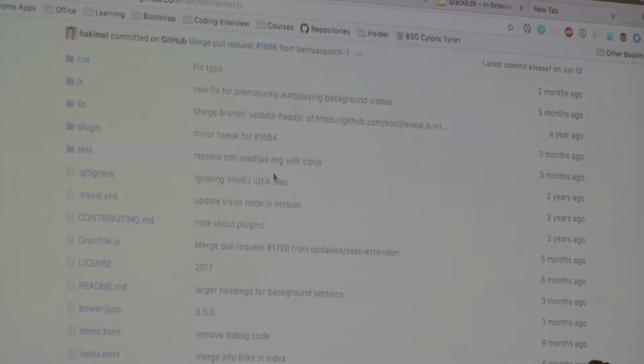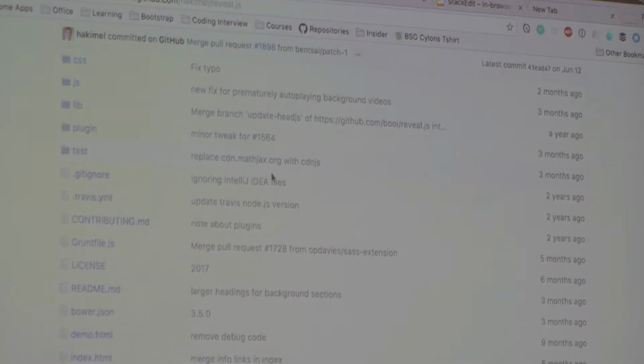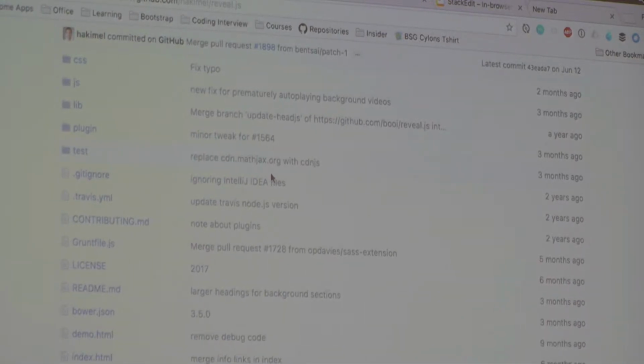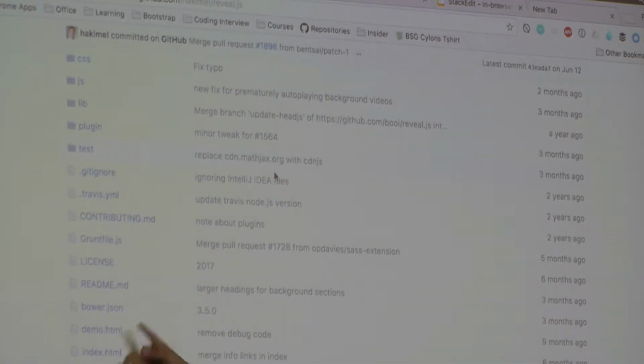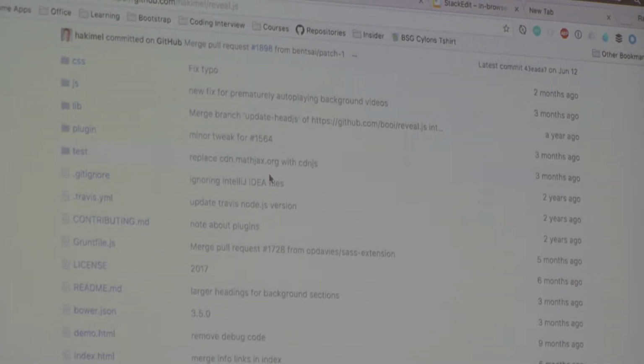The lib folder doesn't have to go in your external folder. Say that you were putting this on a website. You go, okay, I'm going to grab all this stuff and put it on a website. It would sort of work, but there's a lot of files in here that are not necessary. So the index.html is the presentation. The package.json doesn't need to go on your external web hosted document. The demo doesn't need to go, power.json. A lot of these files don't really need to go there. So if you look at my version of it,